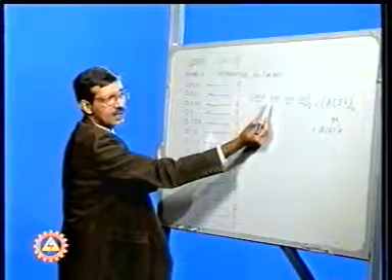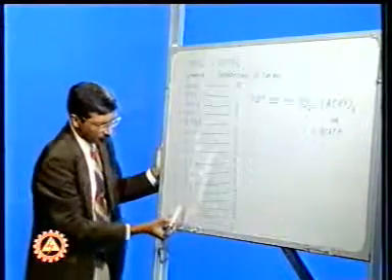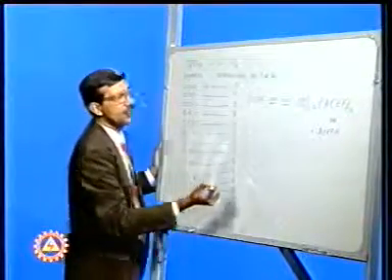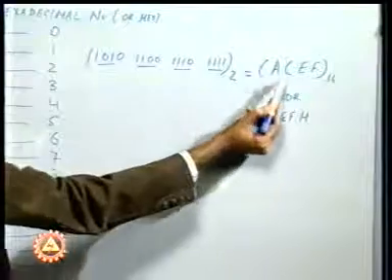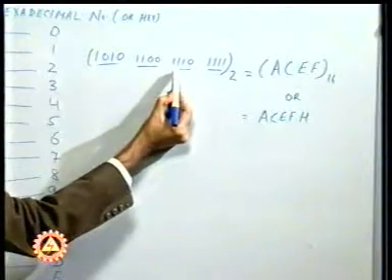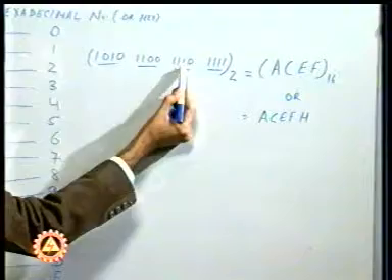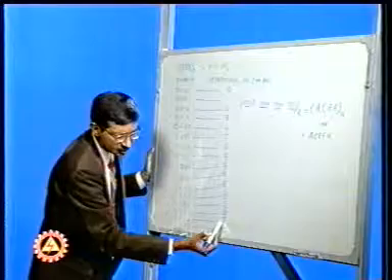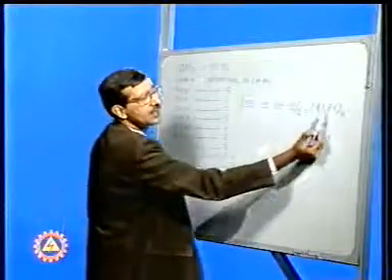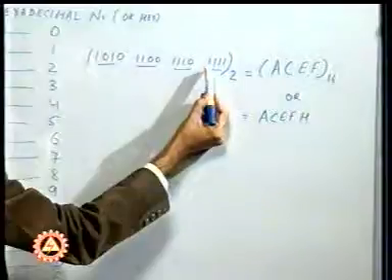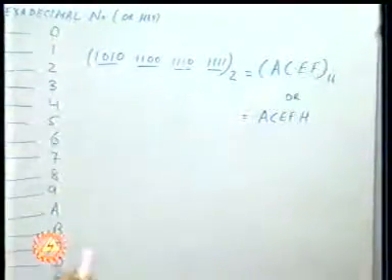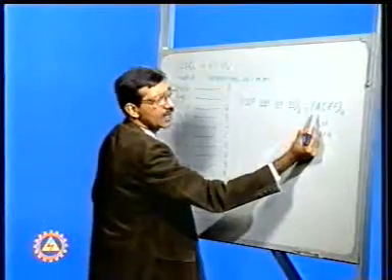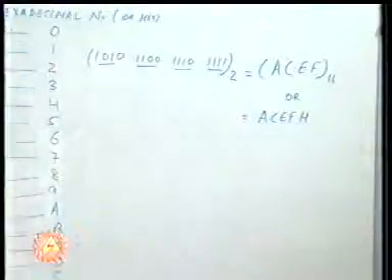Then the next we have is 1100, which we can look up from here has an equivalent which is C. So accordingly, 1100 has been replaced by C here. Then the next combination of 4 binary digits we have is 1110. That is here, and corresponding to that, the hexadecimal number is E, and accordingly, it has been replaced here. The last combination we have here is 1111. That is equivalent to F in the hexadecimal number system. So the total number we have is ACEF in hexadecimal.